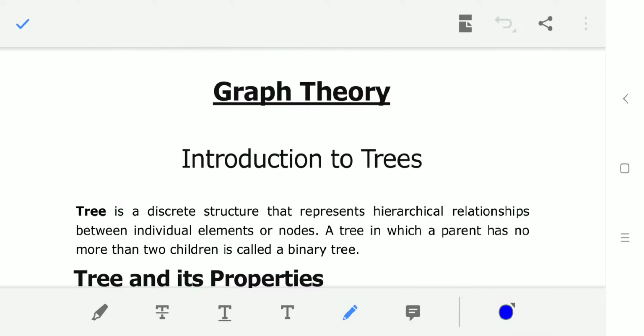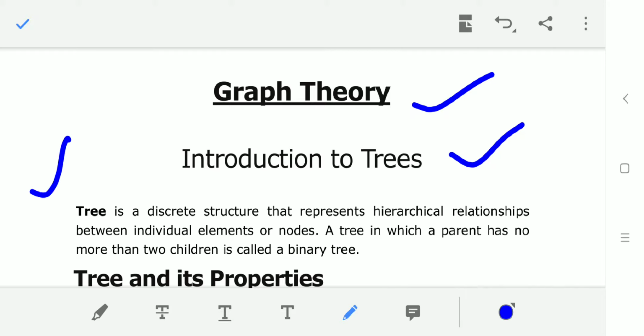Hello friends, welcome to our today class and today class is trees। ग्राफ थ्योरी के अंदर ये एक टॉपिक आता है ट्री का, वो आज हम डिस्कस करेंगे। ट्री इज ए डिस्क्रीट स्ट्रक्चर दैट रिप्रेजेंट्स हायरार्किकल relationships between individual elements or nodes।